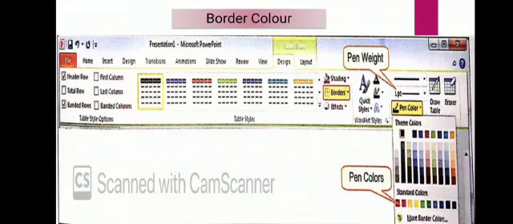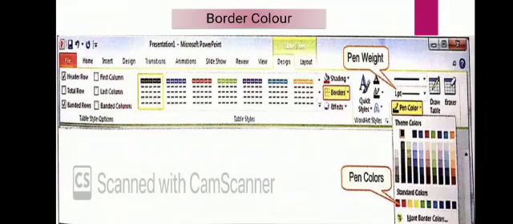Now if you want to change the border color, see pen color here at last. See in the design layout, border options are given. From this border option you will change the appearance of the border. Now for changing the border color you will use pen color. It is used to change the cell, row or column border color.